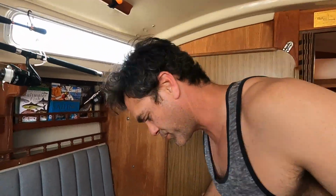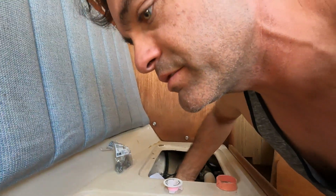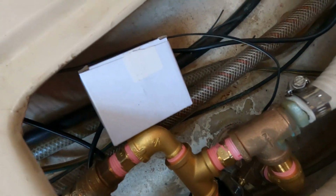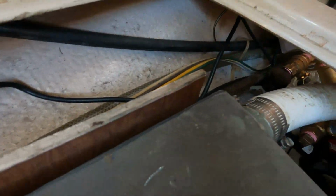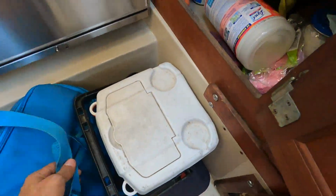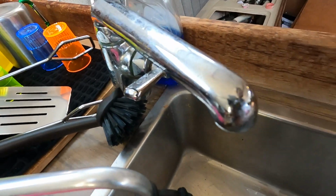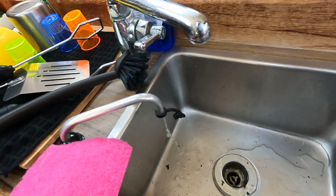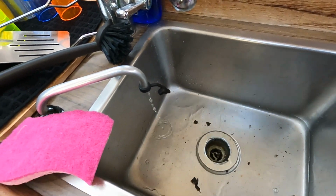Okay, oh boy, the moment of truth. So the seacock's already open. I'm going to open this one, and I do see water flowing in. So it's definitely getting water. I also have to keep an eye on all this to make sure my fittings don't leak. But I did see some water come in, so that part is working. Oh boy, I'm a little scared. This is one of those things you don't want to mess up. I see. Oh, disgusting. That must be old stuff from the...